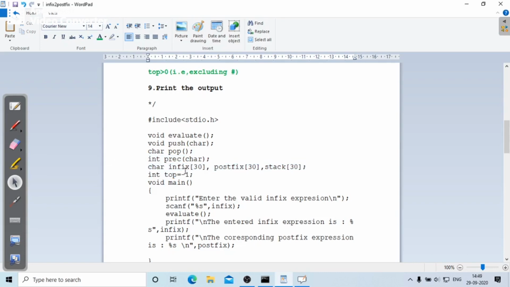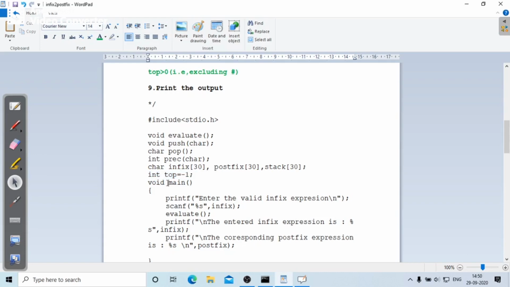Infix of 30 will hold the input infix expression, postfix will hold the output postfix expression, and the stack is needed to hold the operators. As we all know, top is initialized with -1 because it is the variable for the stack.